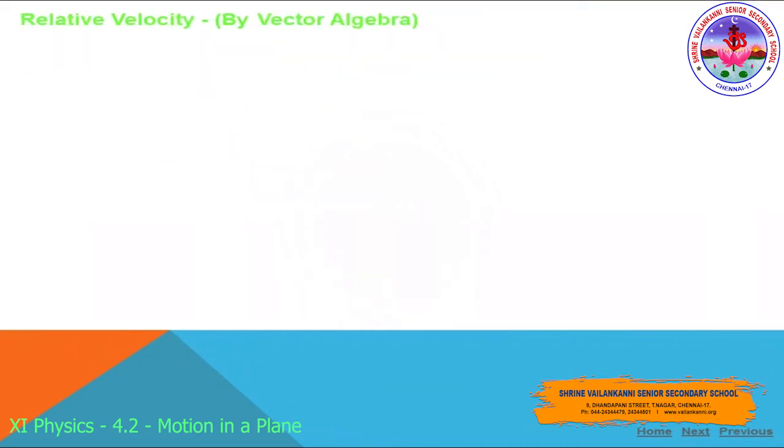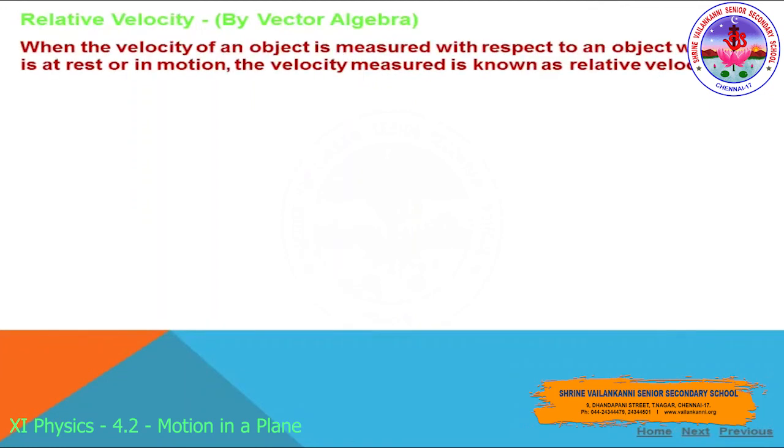And also we will see the relative velocity. The relative velocity in one dimension we have seen, and for vector algebra also we will see. Usually we must know what relative velocity is in general. See, the relative velocity of an object A with respect to object B, when both are in motion, is the rate of change of position of object A with respect to object B. So that we can call a relative velocity first.